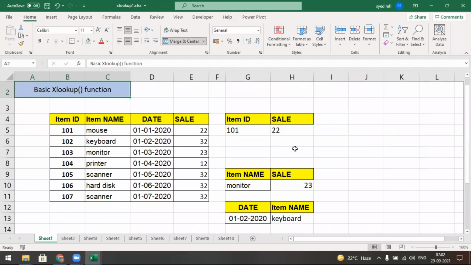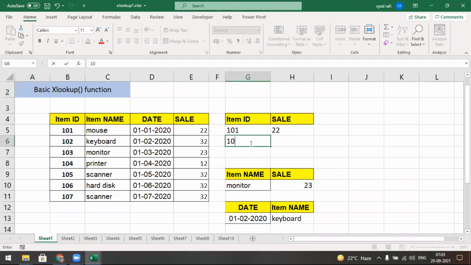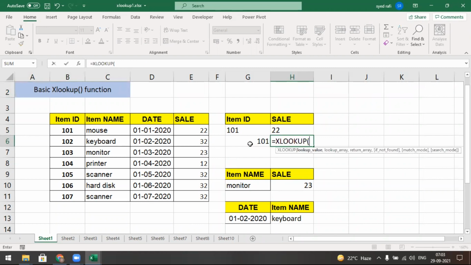So let's discuss about this one. Some examples are here. Basic XLOOKUP: how many arguments are here? I will show you 101. I have given the item ID. I want to get the cell. So equal to XLOOKUP.